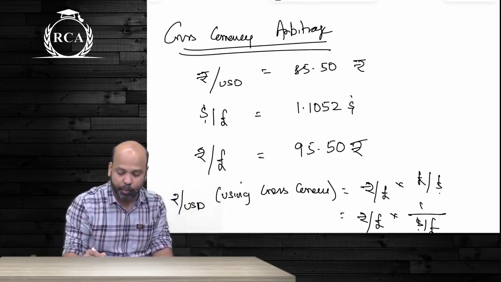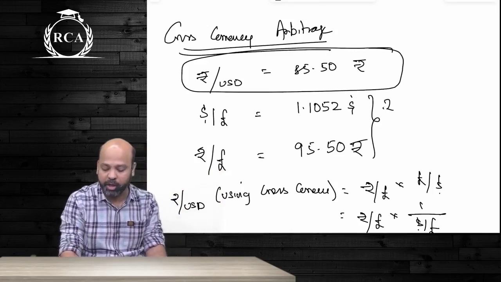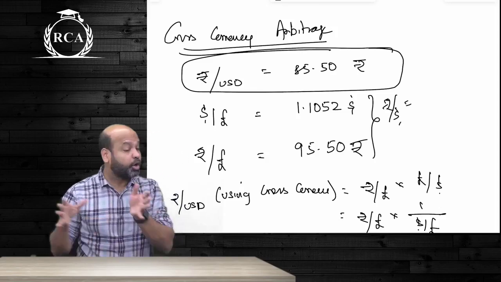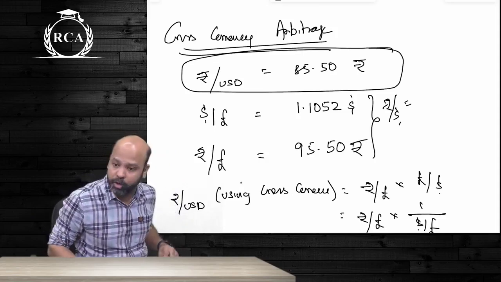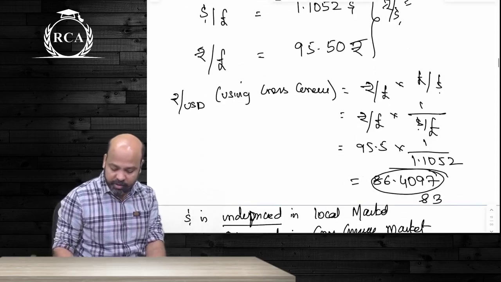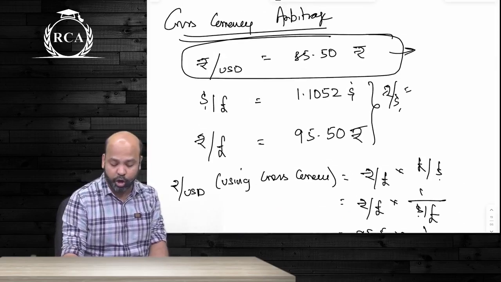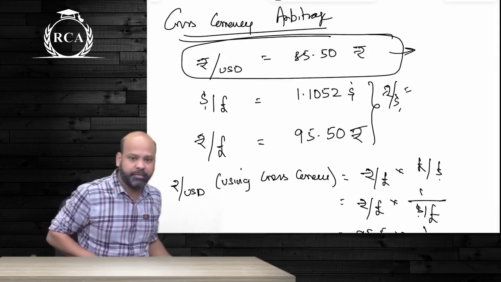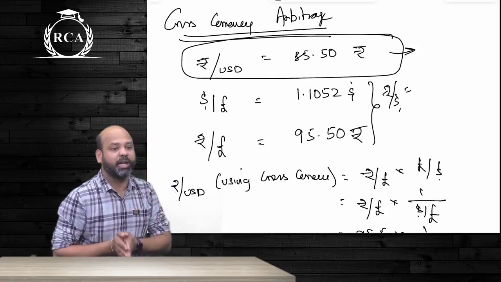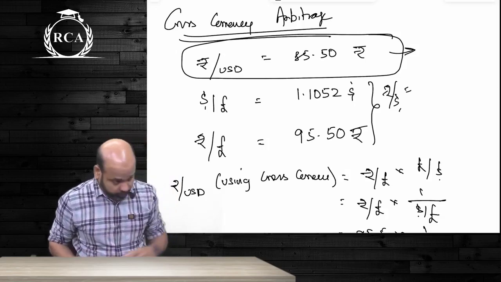In case I keep rupee by US dollar as the base quotation, I will compute rupee by dollar, guys, using cross currency market. All right, guys. जो भी cross currency से आ रहा है बेटा, that will become fair rate as such, guys, and that is the actual rate. So in our example, guys, using cross currency market, we got 86.4097, but the actual rupee to dollar rate as such, guys, in the spot market is 85.5. What you should check, guys, whether in the actual market is dollar underpriced or overpriced. वापस बोल रहा हूँ, cross currency में नहीं, in the